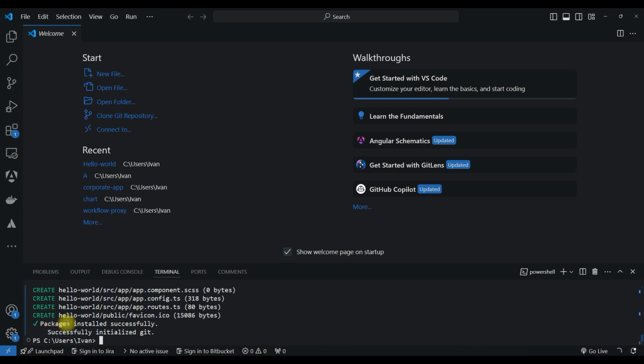As you can see, packages installed successfully and Git initialized. To start our app, we should change directory to our hello world. So we type cd hello world,